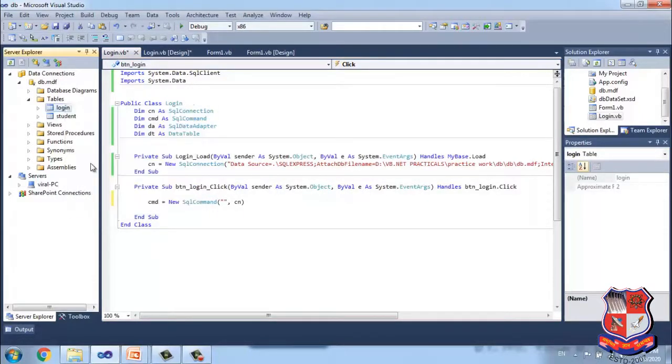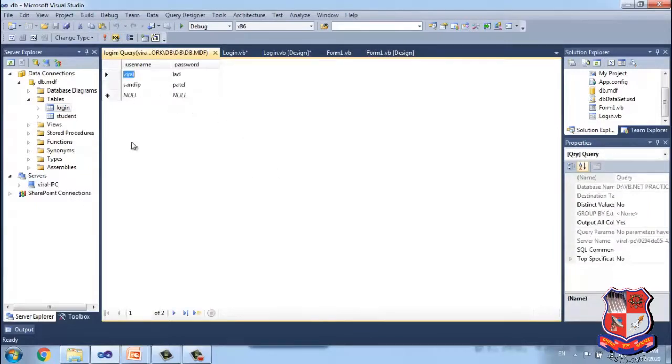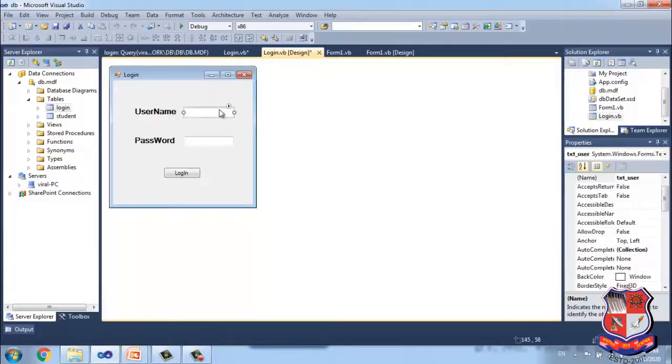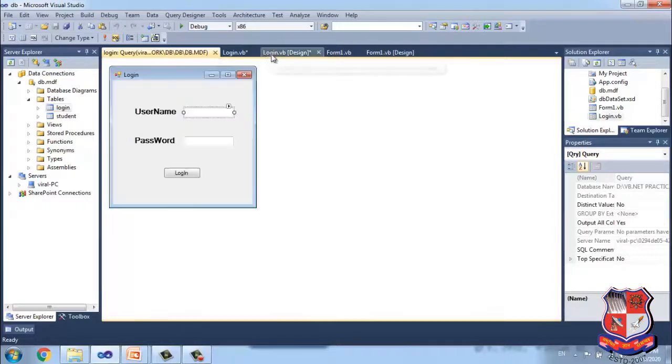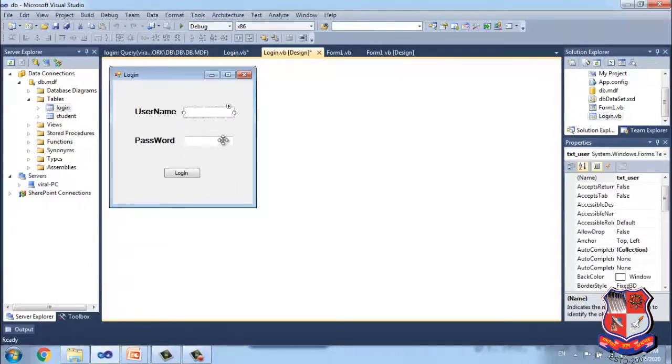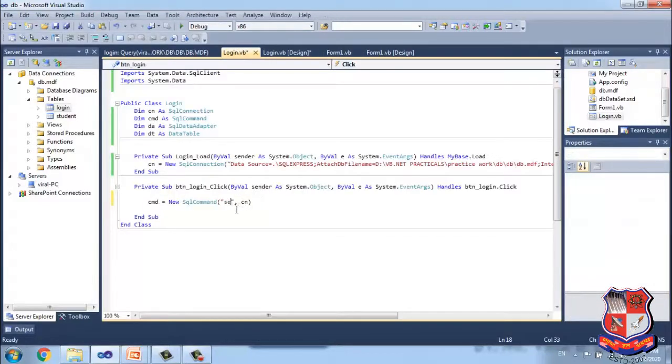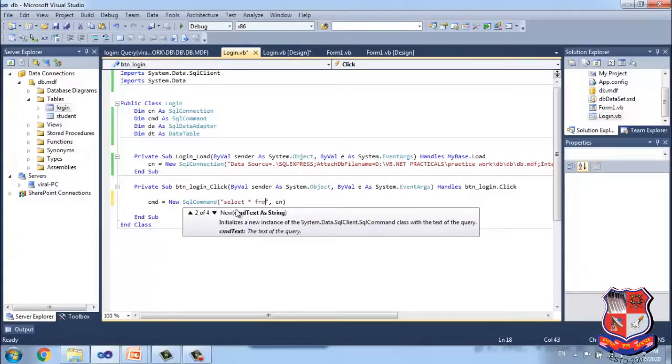So our query is select star from table name where username equals whatever the user has entered in this text box and password equals whatever the user has entered in the password text box. So we write the code: select star from table name.